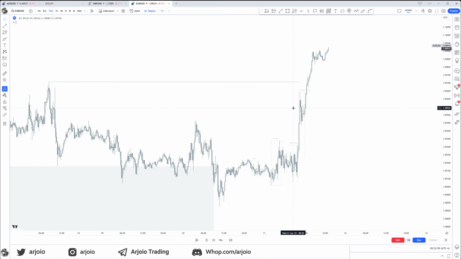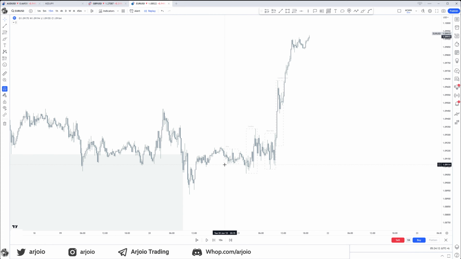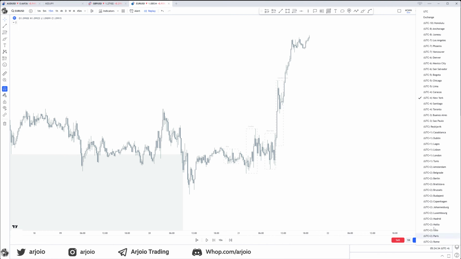So let's break this down into an easier manner, applying the daily profiles. All right. If we look at the Asia session, when is the Asia session? It is from 8 until midnight open. So 20:00 until midnight open right there, 0000. That is all in New York EST, New York local time. I have my time zone set to New York at the bottom right for TradingView.